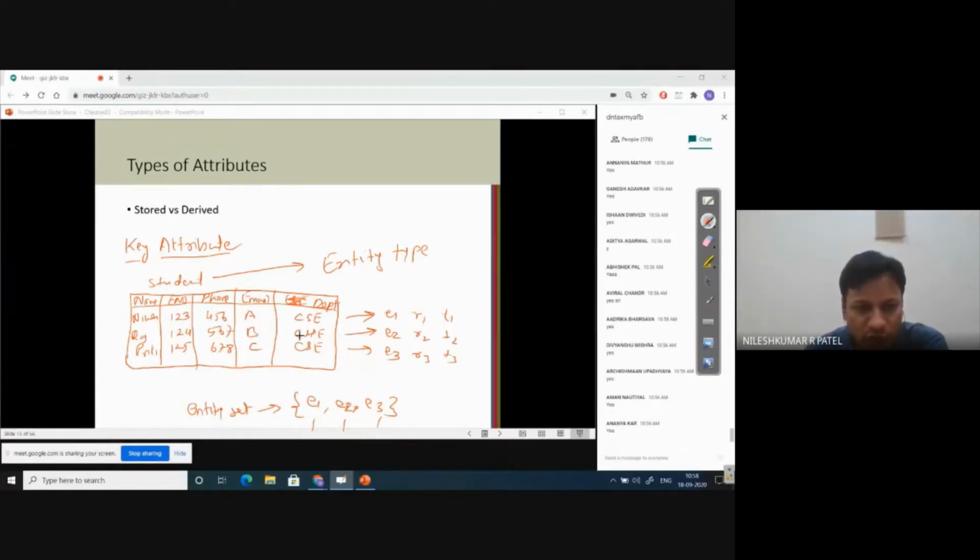Now we want to find an attribute. Just pay attention. We want to find an attribute from this entity type which uniquely identifies every record, right? Am I clear, all of you? So if the name attribute uniquely identifies each and every record in a table, it can become a key attribute.